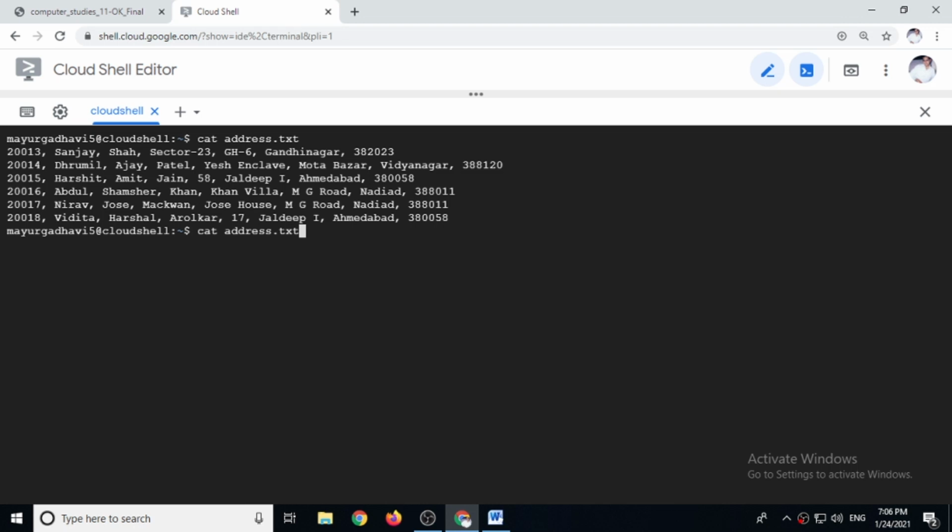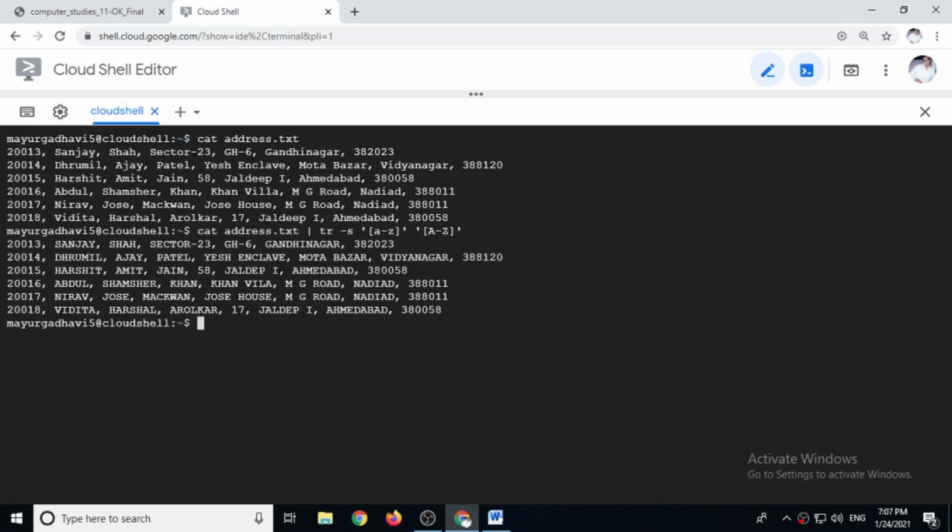So cat address.txt pipe tr -s '[a-z]' '[A-Z]'. Now you can see the magic. All these small letter characters get converted into capitals. So this way the tr filter works.